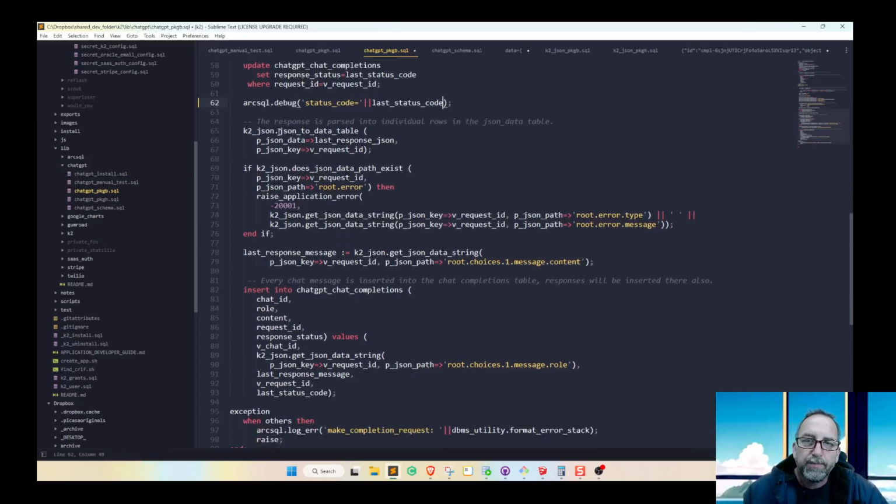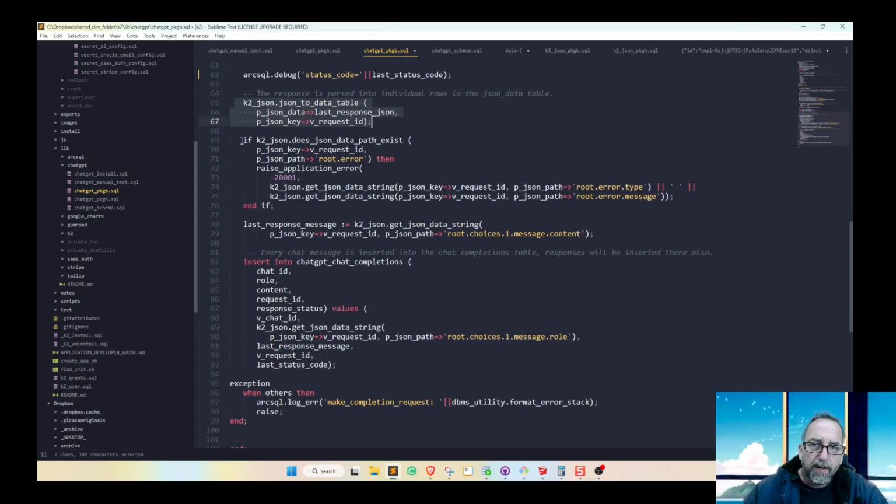Okay. And then we're going to use the K2 functionality here to take that JSON, whatever it is, I don't know what it is, this is the neat thing, and just turn it into tables and rows. I'll show you that in a minute. And then we're going to check for errors here. This is not the greatest error checker, but it's good for a first pass. So we're going to look and see if in this data we just unraveled, there is an object called root.error. If there was an error. And we could check status code,